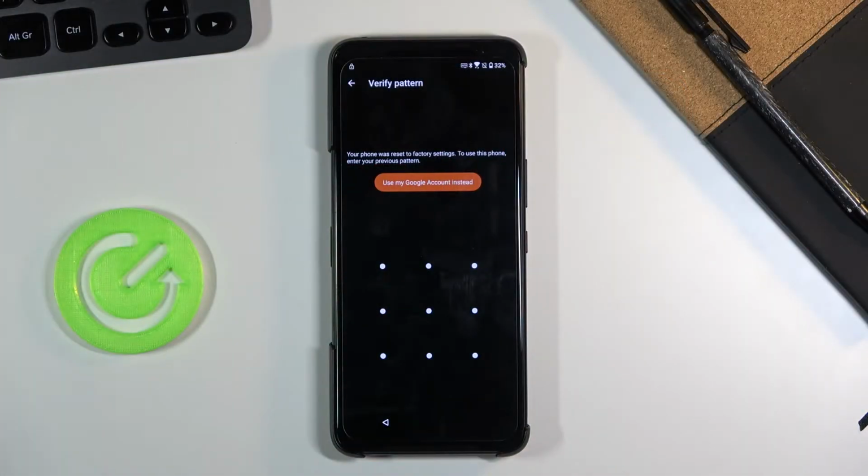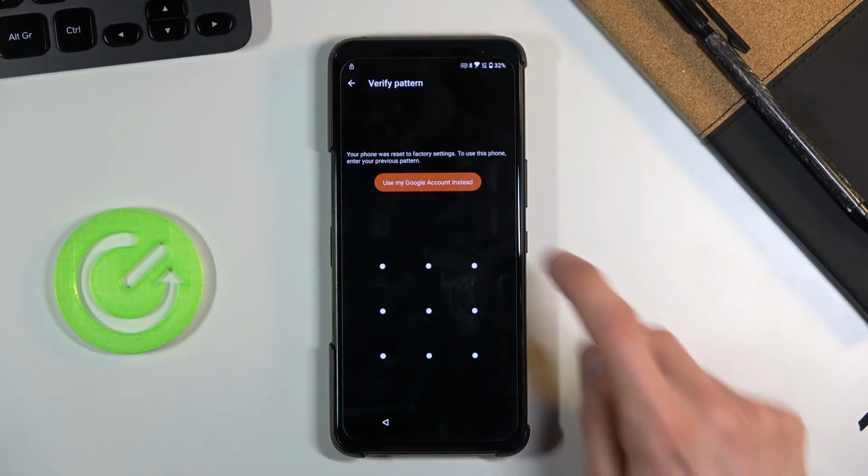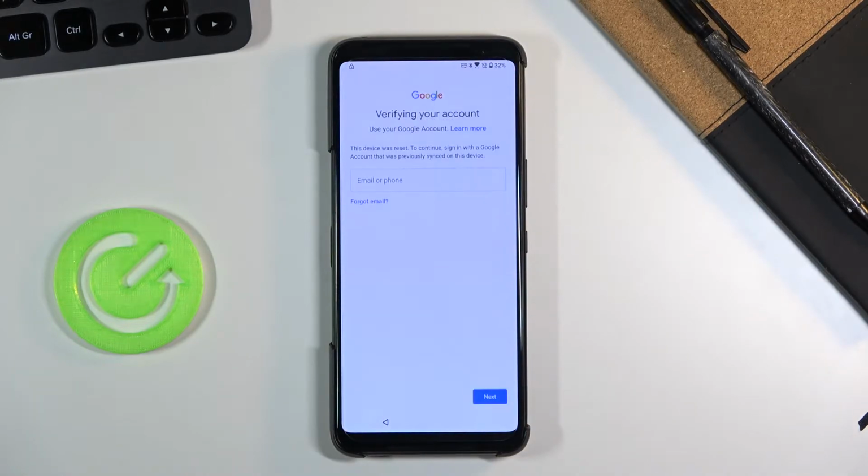Welcome. In front of me is an ASUS ROG Phone 3, and today I'll show you how to bypass the Google verification. Now clearly you can see that the phone in front of me is locked, so I can unlock it either using a pattern, which is right now, or by tapping over here and using Google account. Now assuming we don't know either of those, we're going to begin the bypass by going back to the first